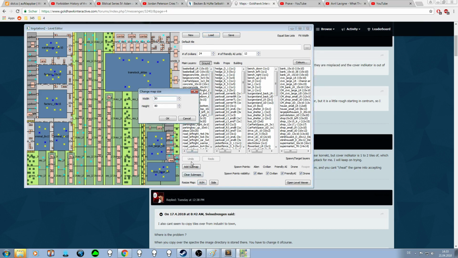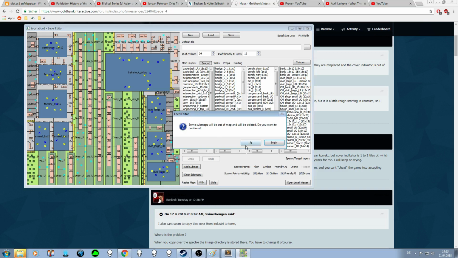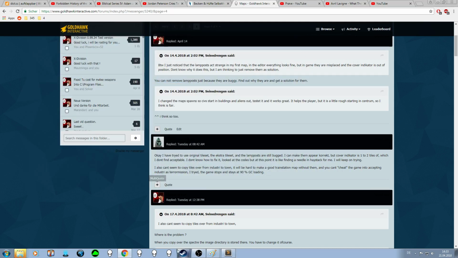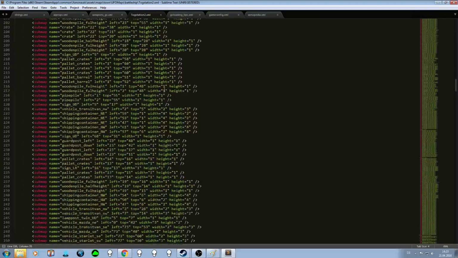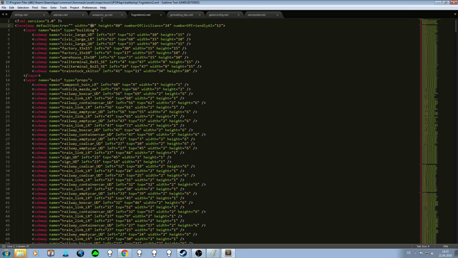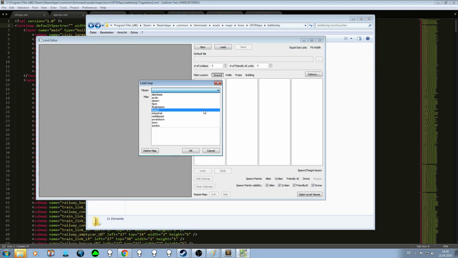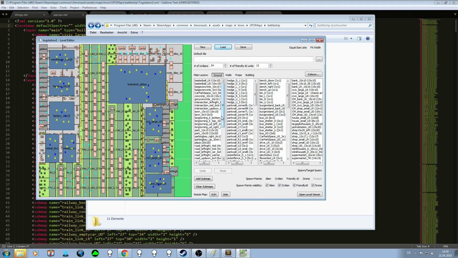What is actually the width and the height? The width. Okay, let's increase that for a moment. Yes, okay. Here you go. That would be the case, but we don't want to do it like this. We are going up and increasing the width manually by hand. Okay, so now you have an increased map size, and you can fill that with whatever you want,